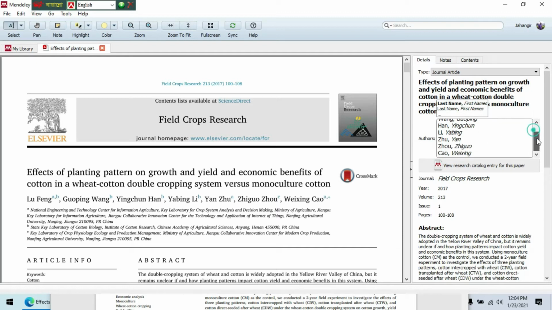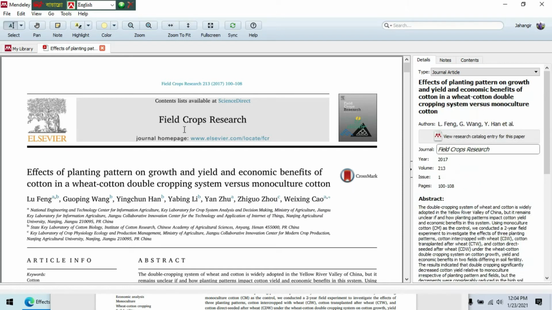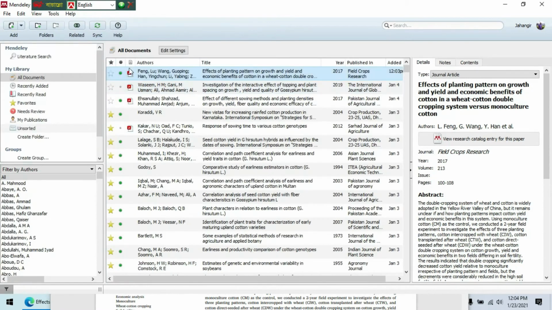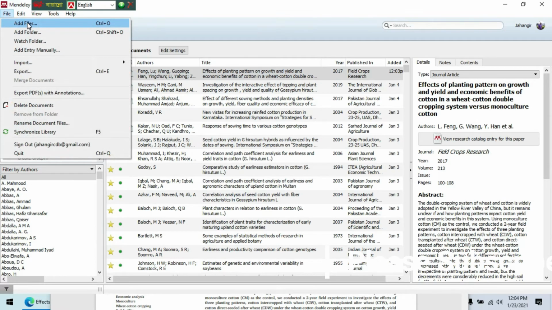You can check this file; the journal is Field Crops Research, 2017, volume number 213, first issue, and page number 100 to 108. There is still no issue, so we can omit this. It is another file you have to load.